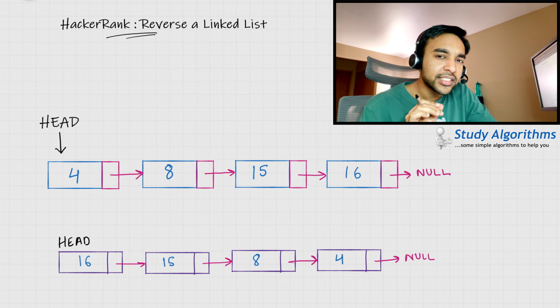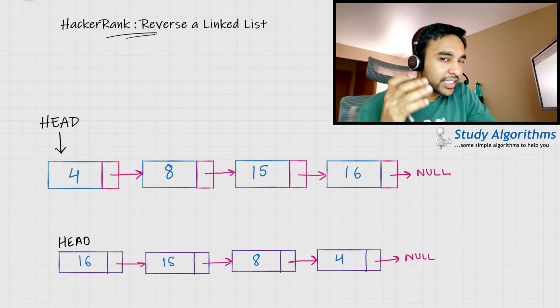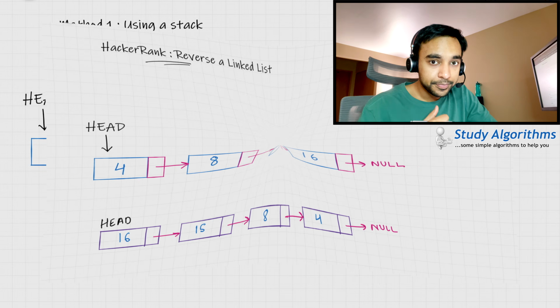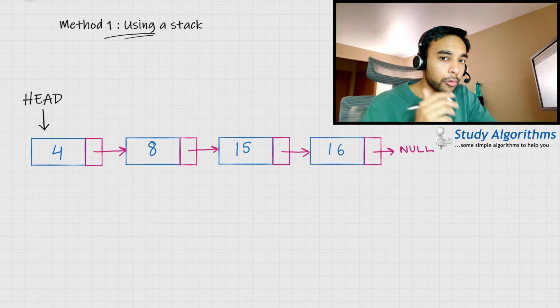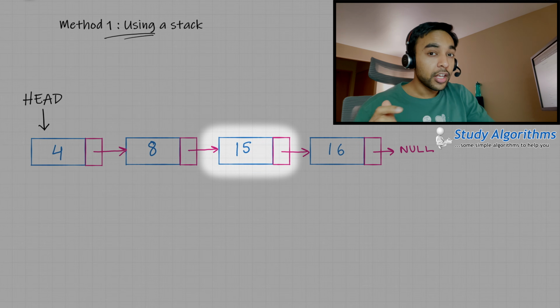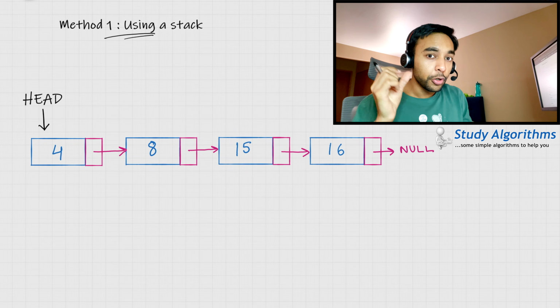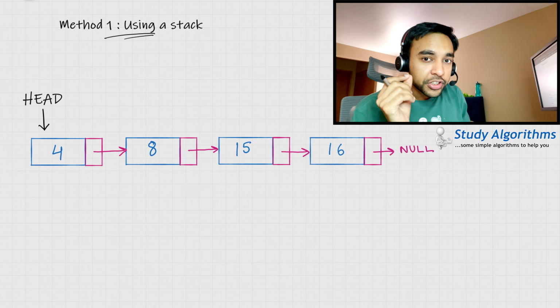This problem is very similar to printing a list in the reverse order. So if you want to take a stab at that problem first, feel free. However, if you're facing some difficulties, let us see how we can solve it. First of all, we will try to solve it using the stack data structure. Think about what you need to do in the problem. If you start to traverse the list from the beginning, you get the elements 4, 8, 15 and then 16. You have to create a list that is in the reverse order. So wouldn't it be nice if you could read the value 16 first and 4 at the very end? This should give you some hint.